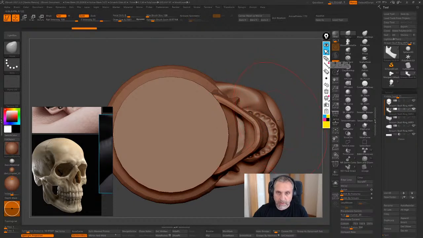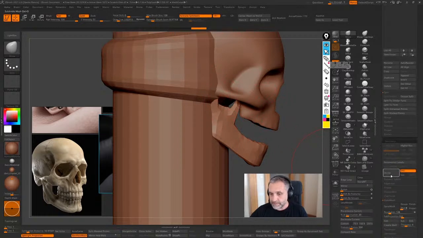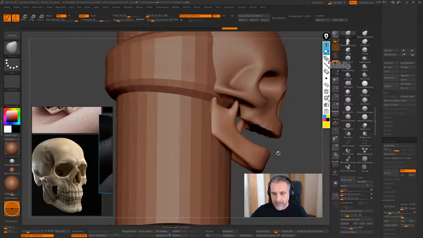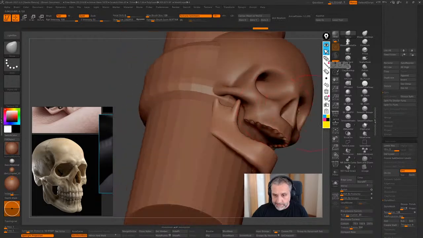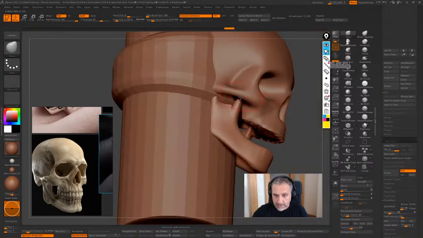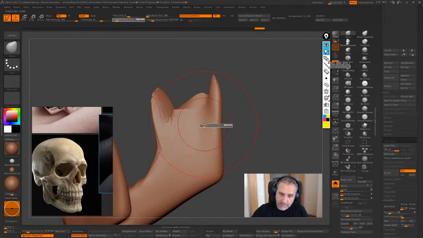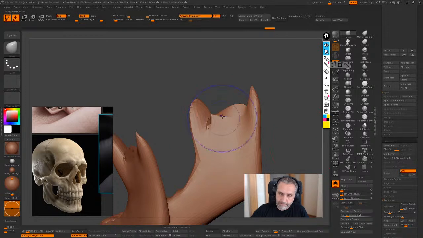Oh, I forgot to turn off my symmetry. Now, turn on symmetry. Same thing here. Gonna divide 2 times. So let's make it thicker here. Well, let's make it thicker. Solo mode. So let's make it